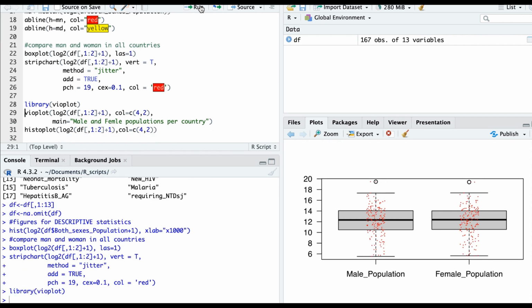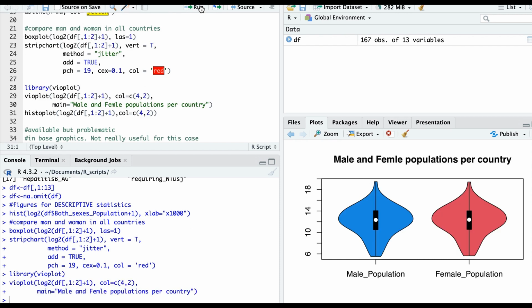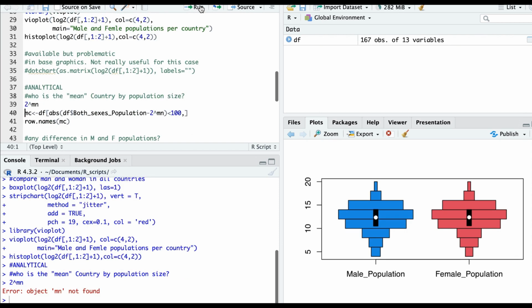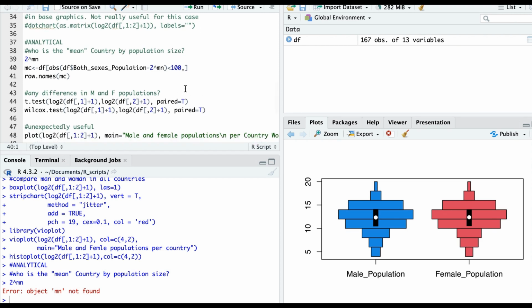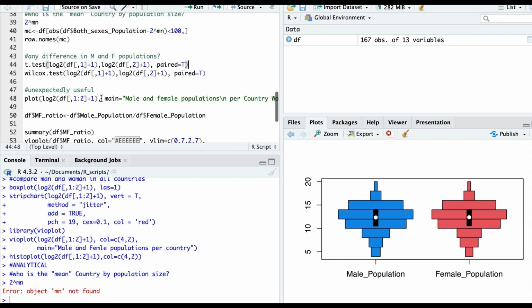and no matter how you do it, whether box plot or violin plot, the distribution of male and female per country in the entire world is very, very similar. You can do it many different ways. Again, I skip a few things as not really important. What is important, if we plot